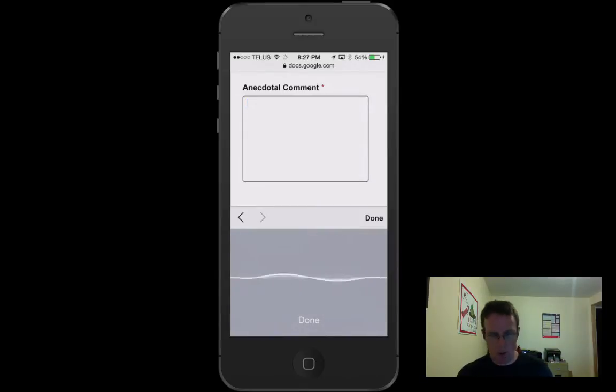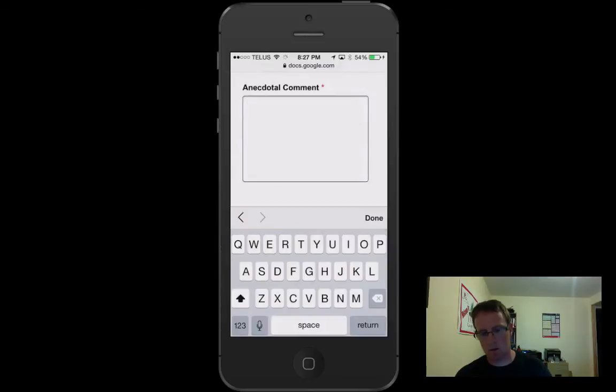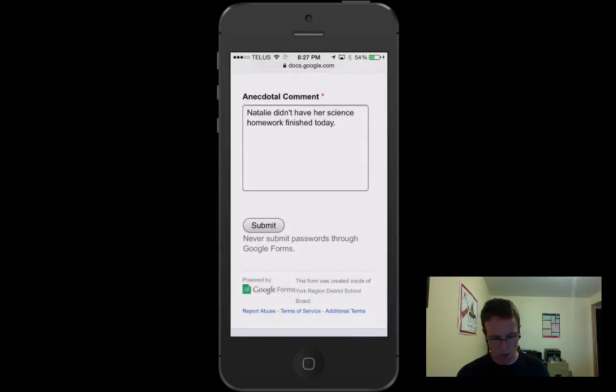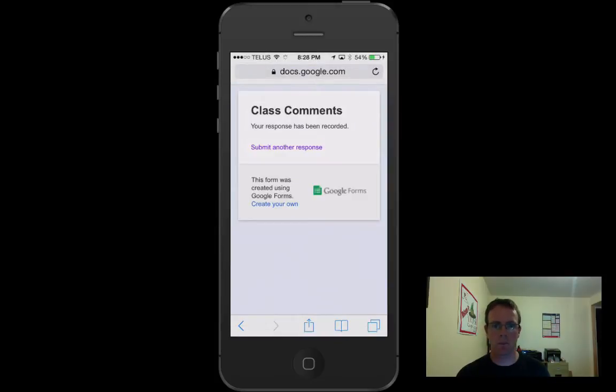And Natalie didn't have her science homework finished today. It's captured all that for me. Done. Submit. Okay, I'm going to leave this now because I think you can see how it's working on my mobile device, and I'm going to switch back to my desktop to show you how these kinds of things can